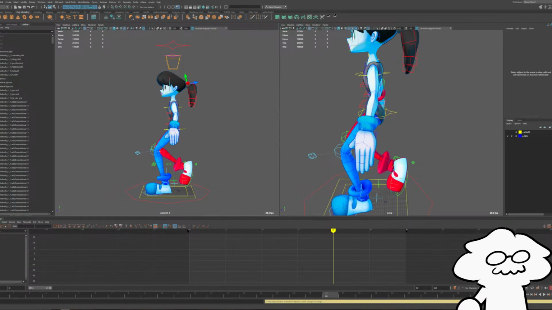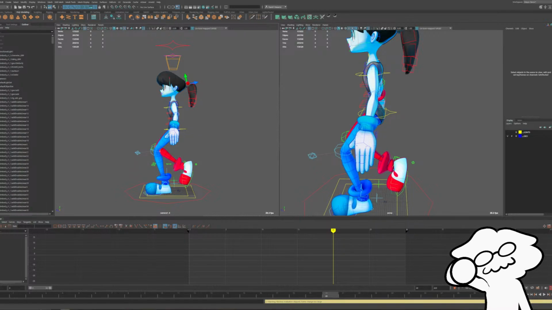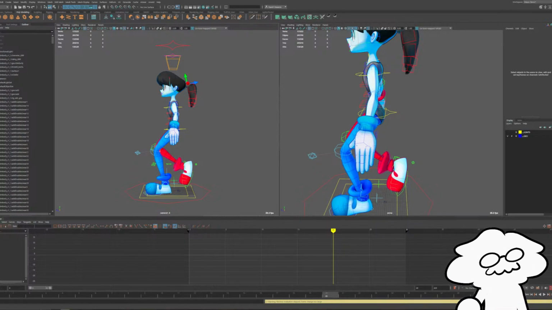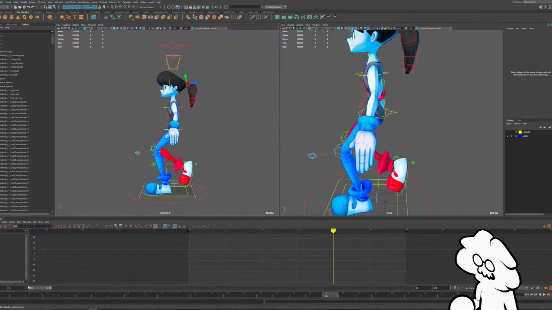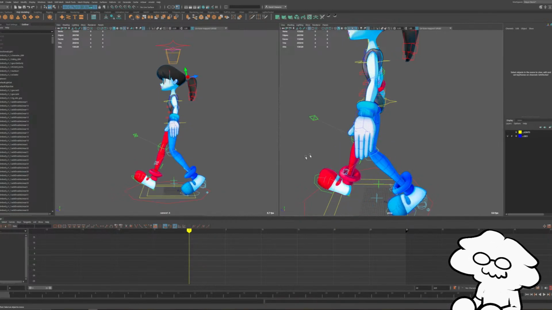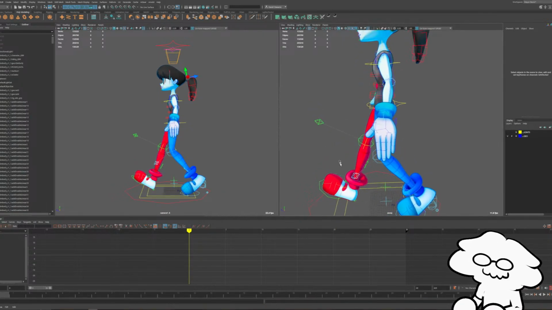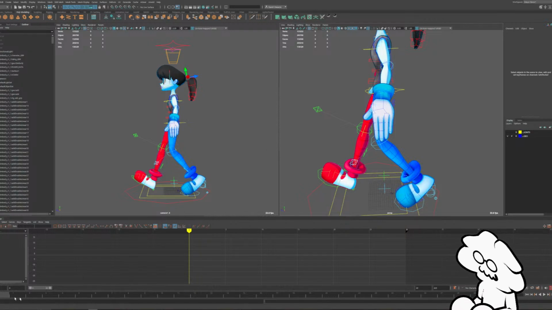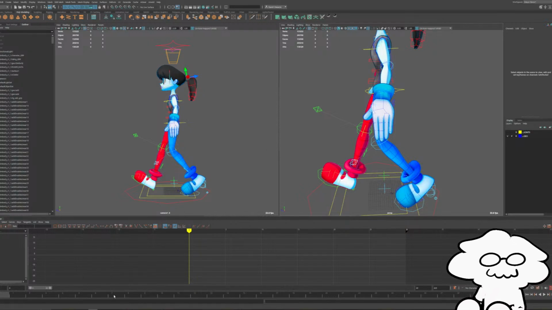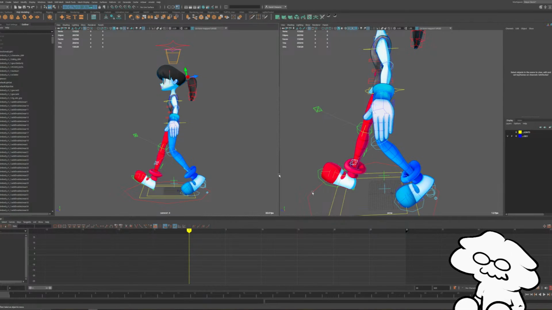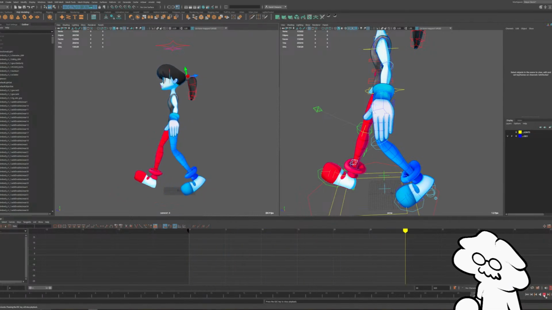All right, so I think we'll move on from here. We'll make some adjustments and then start on the arms as well. Let me make my adjustments just before I move on.